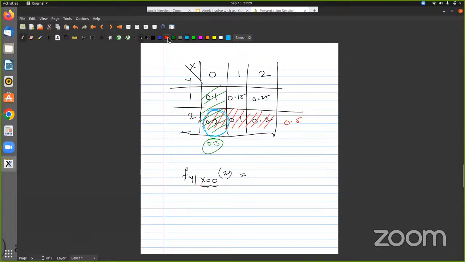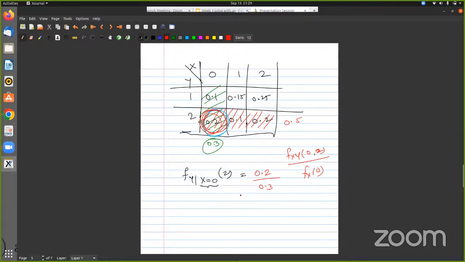Yes, 0.2 by 0.3, about 0.66. Why? Because this 0.2 is the joint density f_XY of (0, 2), and I have already conditioned on x equals 0, which means it is f_X of 0. This is nothing but 0.2 divided by